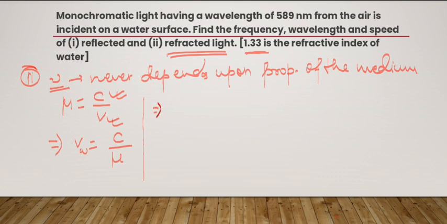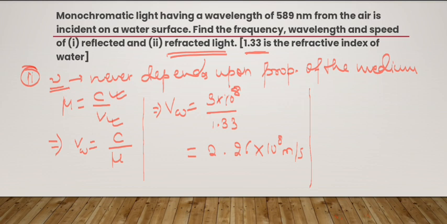Here, velocity of light in water equals 3 multiplied by 10 to the power 8 divided by 1.33. Final answer after doing the calculation, we get 2.26 multiplied by 10 to the power 8 meter per second. Clear? Now students, if we are supposed to find the wavelength,